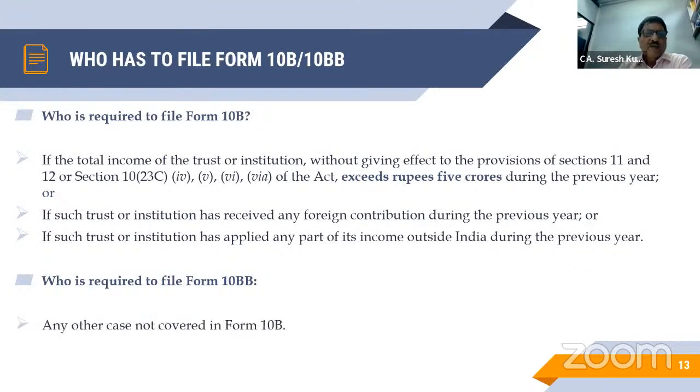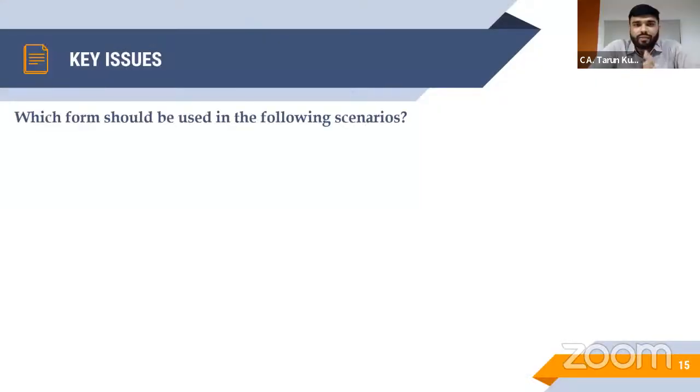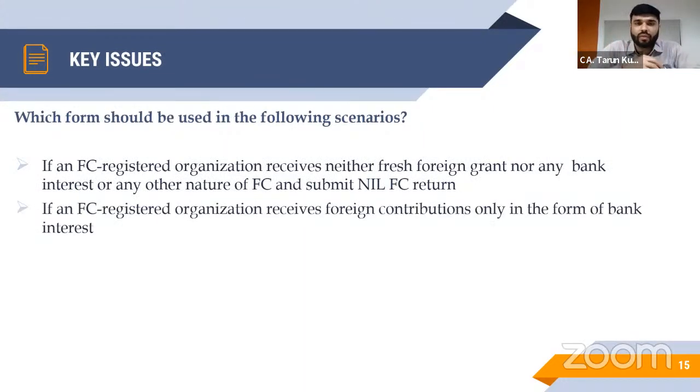Now, Tarunji, we can discuss some case law to follow on this. So as Suresh sir explained, there are two forms, form 10B and 10BB. Form 10B basically applies to bigger size organizations whose income is more than 5 crore, or who received any foreign contribution or spent any foreign amount. So